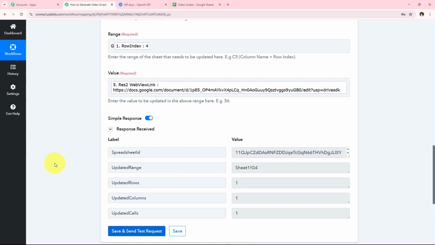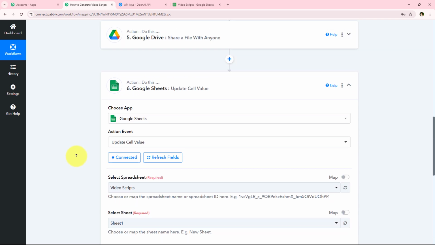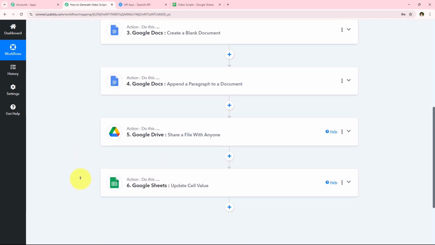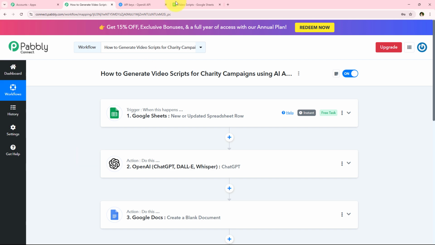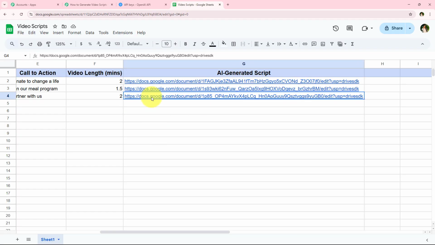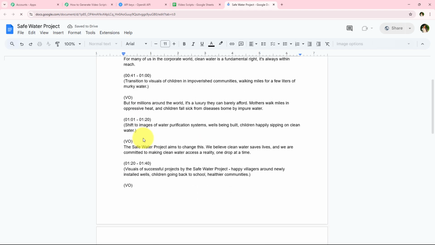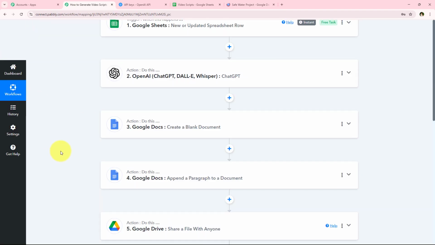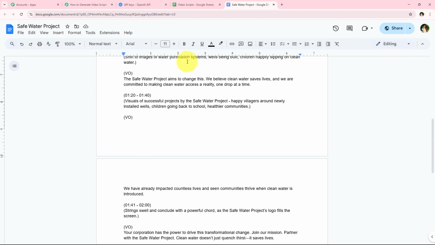button right over here once again. And yes, with this we have received a positive response that we successfully updated the cell value. So I'm just going to open my Google Sheets account, and yes, over here you can see the link has been added of the same document. So yes, with this we have successfully completed our workflow, and now this workflow is going to run in